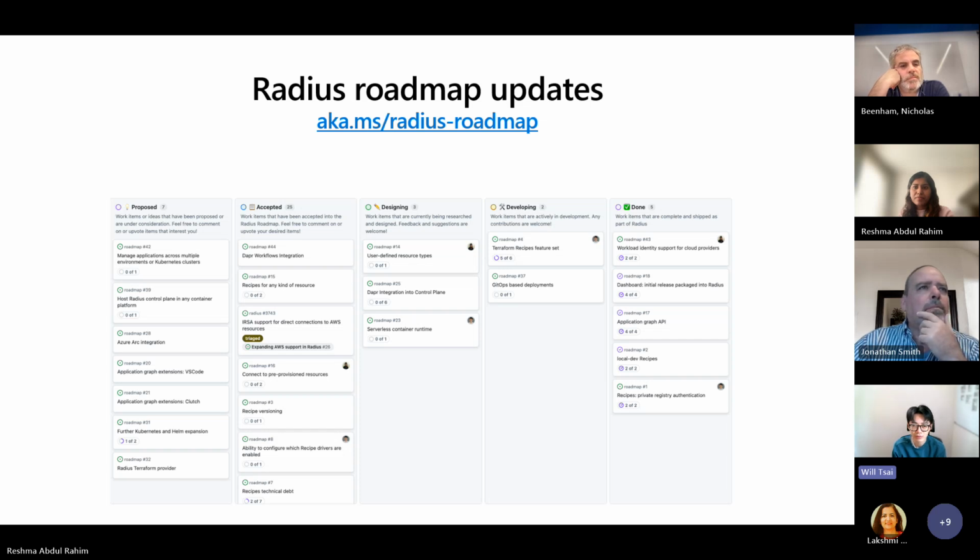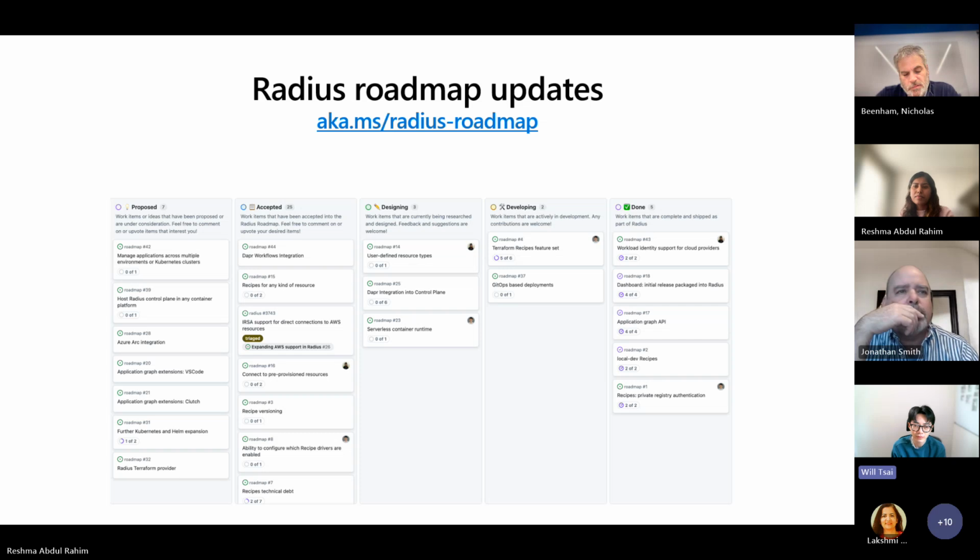And the team is also building some prototyping for the Terraform recipes containerization. And that should close off the Terraform recipes feature set nicely for us. We've worked really hard on delivering many of the Terraform recipes enhancements this year, and that should be the last piece that closes out this particular roadmap item.